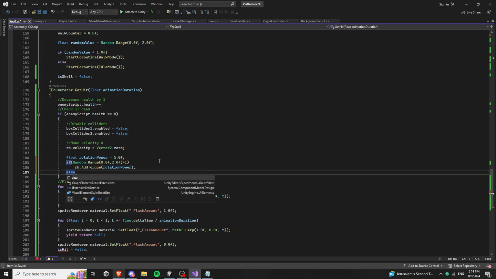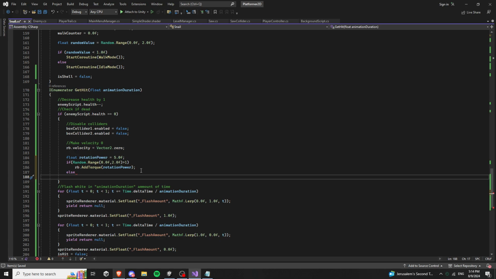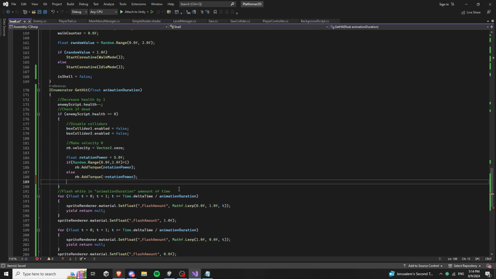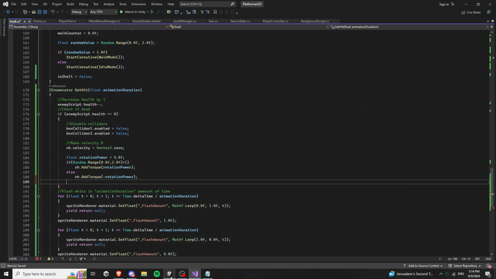And if not, then rotate the other way. Just minus rotation. Okay, now we want the sprite to be on top of everything